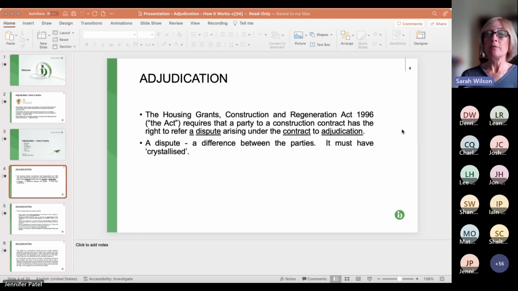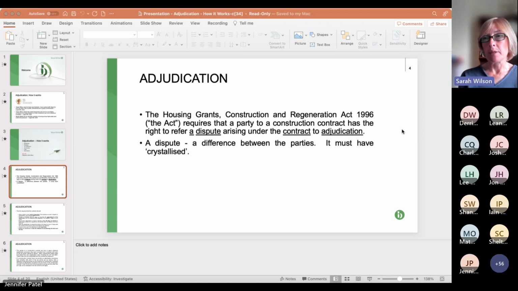So if it's in regard to time and money for variations, but they're all included in one application for payment and not certified, then typically everything disputed within that single application for payment, whether it's extension of time, loss and expense, extra money for variation, additional